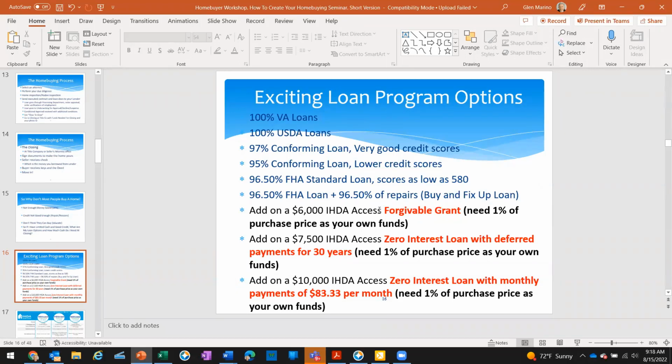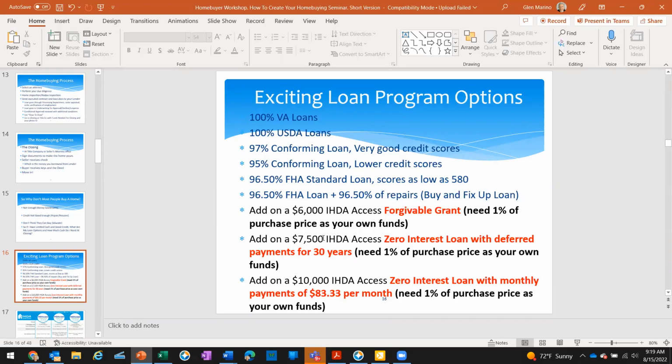10 years is 120 payments. 120th is forgiven every month. So if you stay in the home for 10 years, none of this is due back to the state of Illinois. And again, if you don't stay in for the full 10 years, if you stayed in for 50% of the time, when you sell the home, the state of Illinois will ask not for $6,000 back, but for 50%, because you only stayed in the house for 50% of the time. They'll be asking you to pay off $3,000 out of sales proceeds.